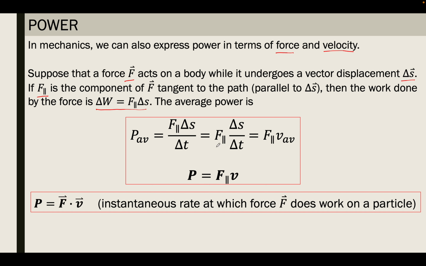Take note that delta S over delta T is just the change in distance over the change in time, which is equal to